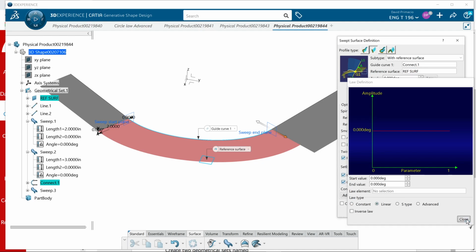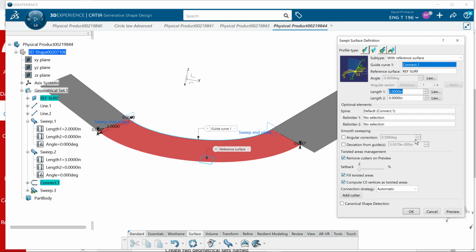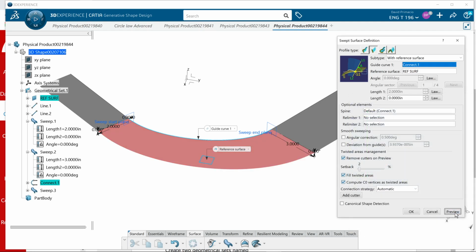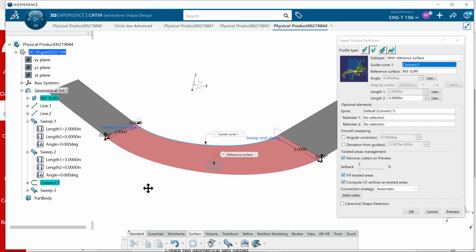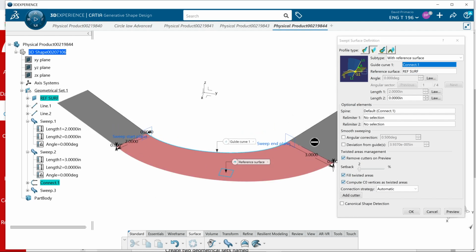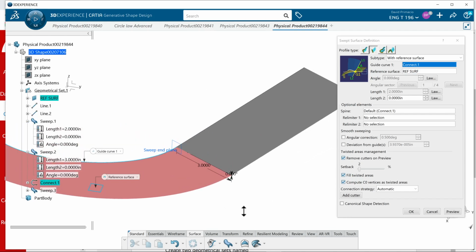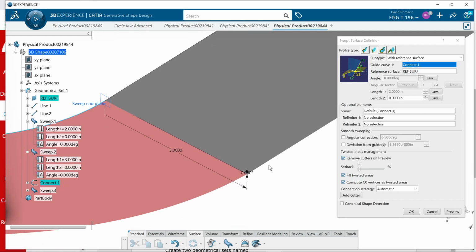Did I pick angle? God, I did. That's not what I meant to do. I will select law length and pick linear and change the end value to 3. Preview that. All right, so now it's 2 inches and 3 inches. Everything is good to go, except my transition